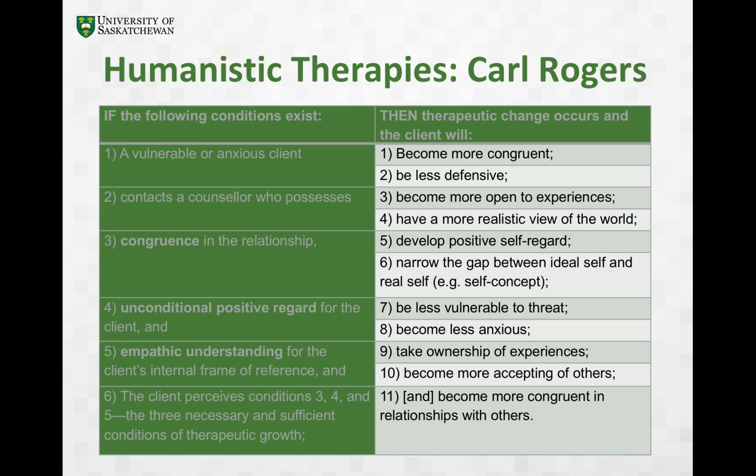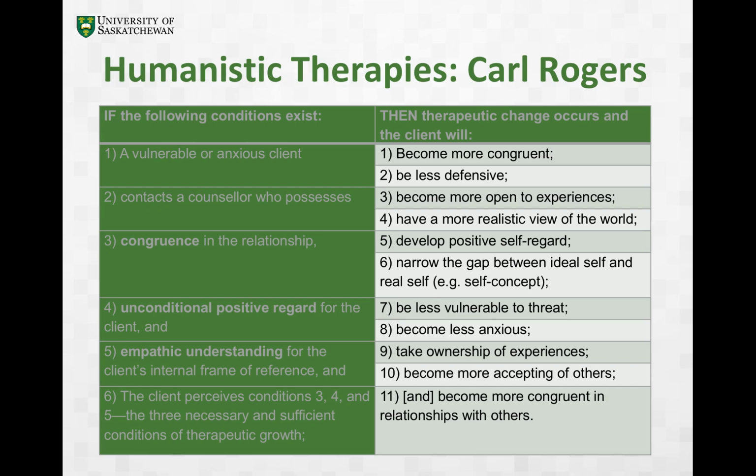So he said, if the following conditions exist, that there is a vulnerable or anxious client, that they contact a counselor who possesses congruence in the relationship, unconditional positive regard for the client, and empathic understanding for the client's internal frame of reference, and that the client perceives conditions 3, 4, and 5, what he called the necessary and sufficient conditions for therapeutic growth,